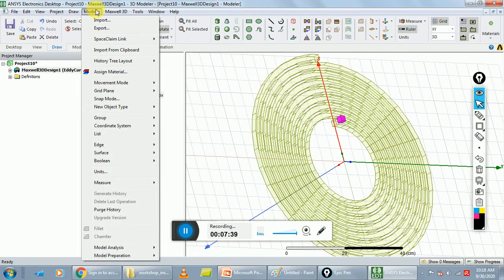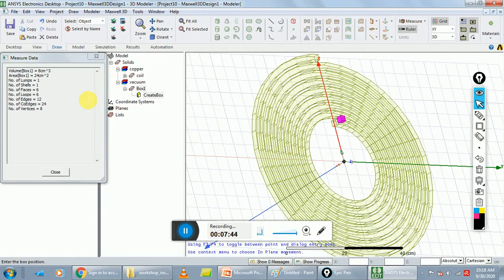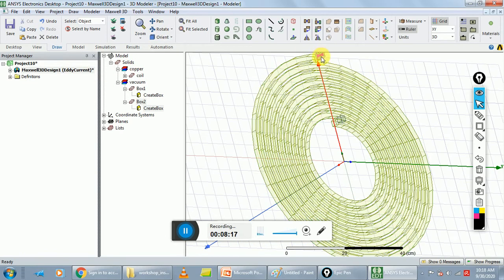After that, create another box. Again go to draw and choose box. Put the dimensions of the box. X is 40.5, and y is 0, and z is 0. Sorry, z is -2. Click on OK, and dimensions of the box: dx is -2, dy is -2, and dz is also -2. Press enter key. This is your second box.